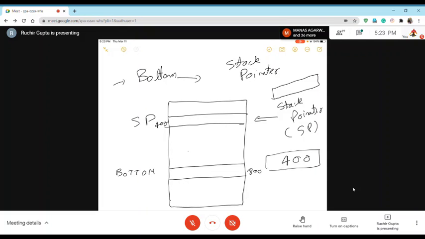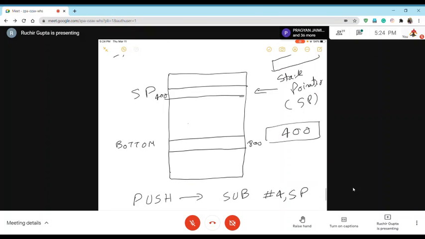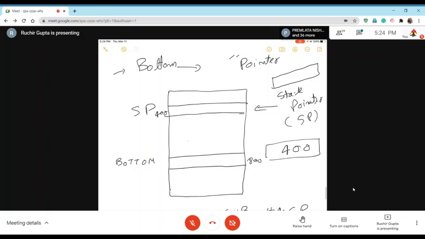कोई बता सकता है? 400 स्टोर्ड है इसमें. 400 स्टोर्ड है सर। क्वेश्चन क्या है? आपने सुना ही नहीं, शायद पूरी बात ही नहीं सुनी। So when we're actually storing a new value, stack pointer will be addressing the topmost data. So ये राइट, 400 minus 4 हो जाएगा. 400 minus 4 हो जाएगा।